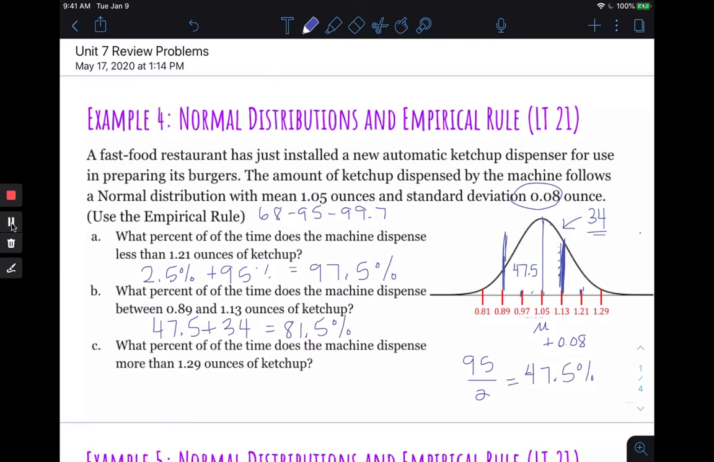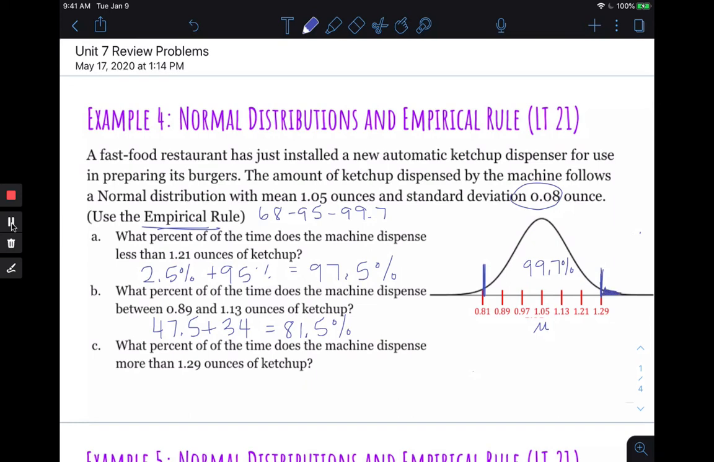And then what percent of the time does the machine dispense more than 1.29 ounces of ketchup? Let me erase this so we can mark on here. And then I'm going to go to 1.29, that is way up here, which is 3 standard deviations above the mean. So if I was 3 standard deviations below to 3 standard deviations above the mean, that's 99.7% because of the empirical rule. But it says above, it says more than, so I want